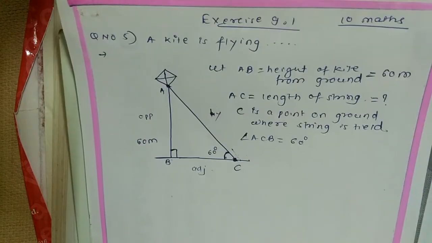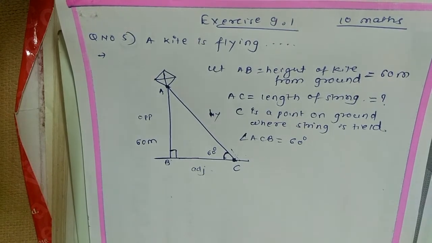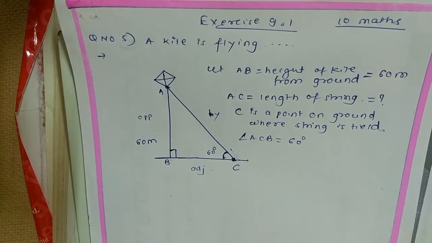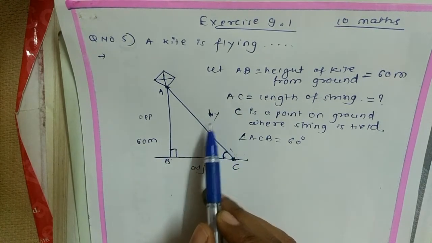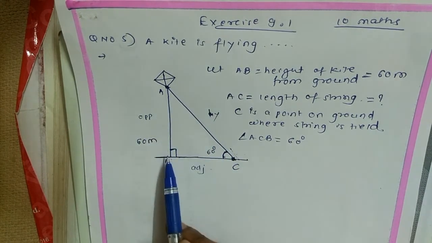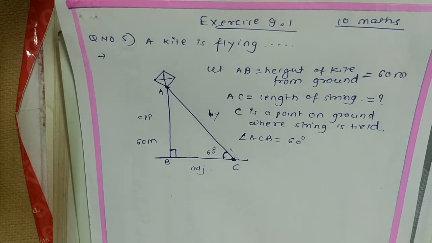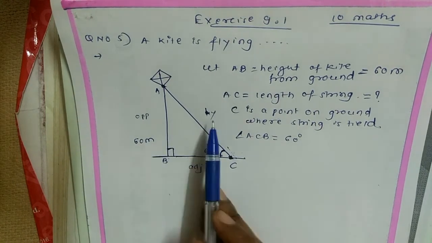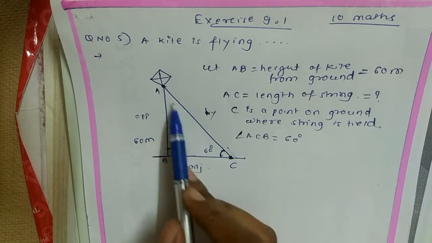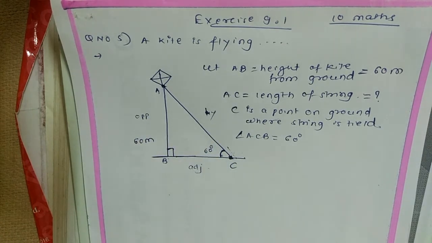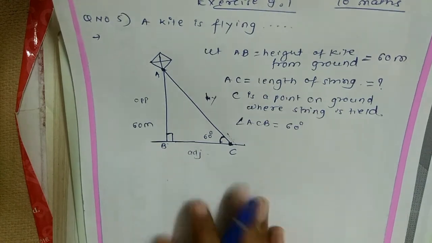Now, as we know, there is a formation of a right angle triangle. Suppose there is a right angle triangle and one side and one acute angle are given, then using trigonometric ratios you can find the other two sides. AC, which we have to find, is the hypotenuse, and the opposite side is given. So you have to choose a trigonometric ratio that involves the opposite and the hypotenuse, including the unknown side.